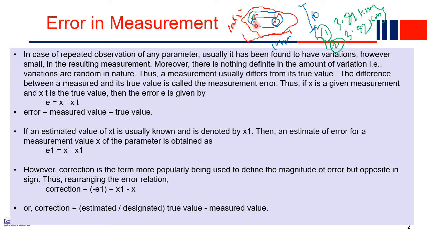So, for example, we know the true value is actually 3.9 kilometer. Okay, true value is 3.9 kilometer, but each person goes with some other instrument and they get different values: 3.81, 3.82, maybe someone gets 3.85, 3.89, but sometimes it will differ from the true value. So the difference between the measured and the true value is called error, right?